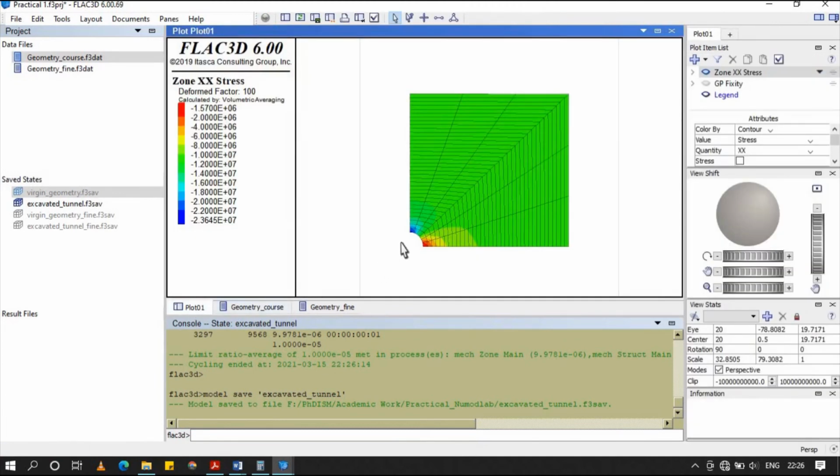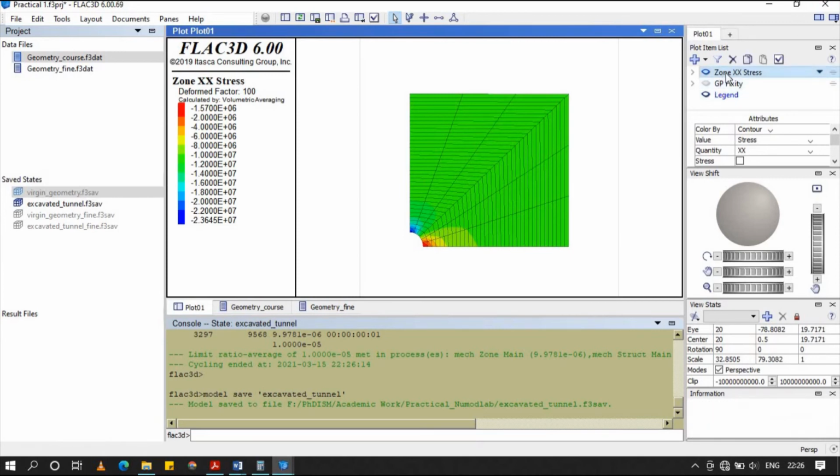Now it is solved, and we are going to see the maximum radial stress and tangential stress, which are the minimum and maximum principal stresses, and those we're going to see.